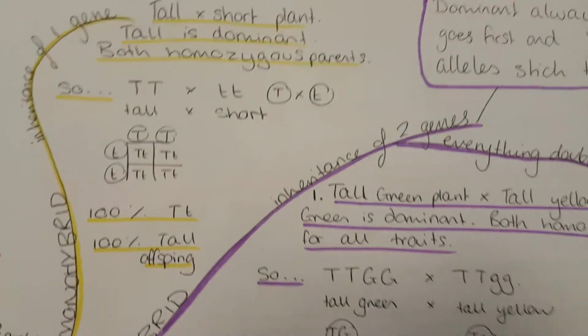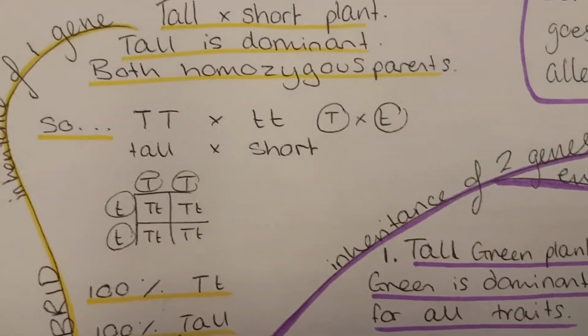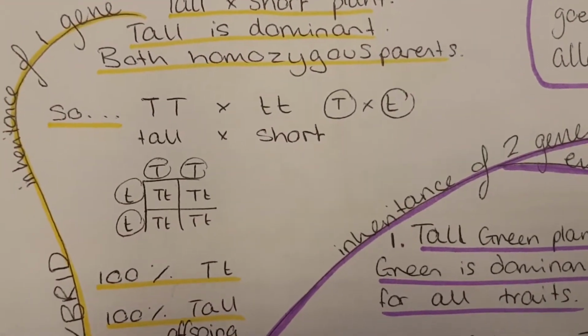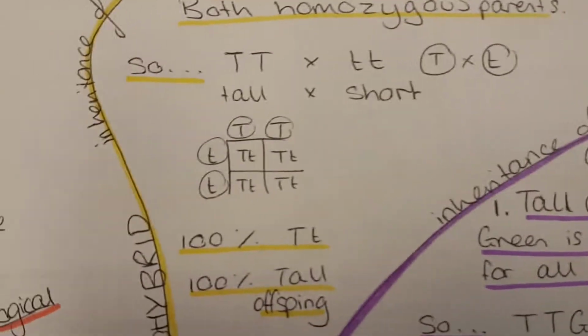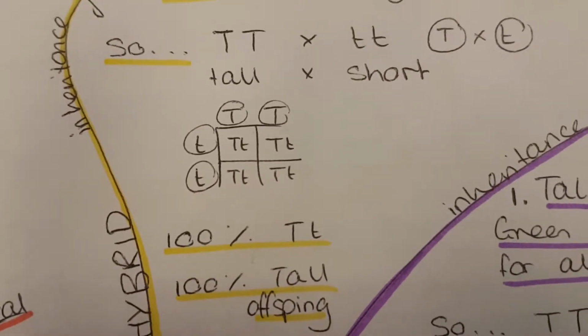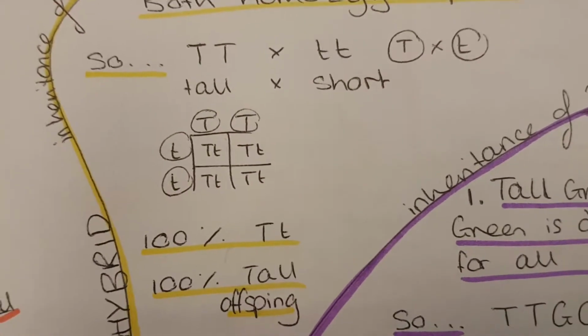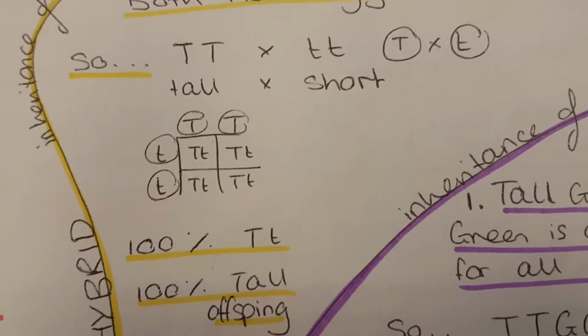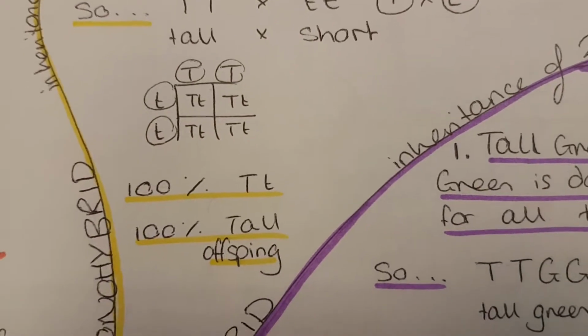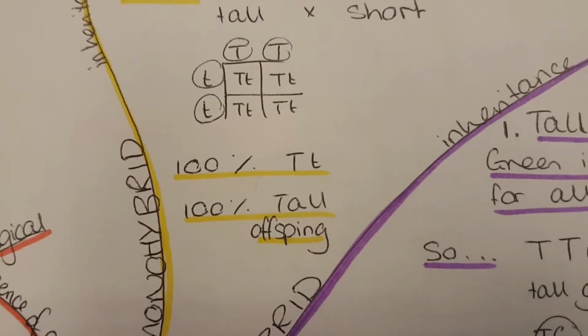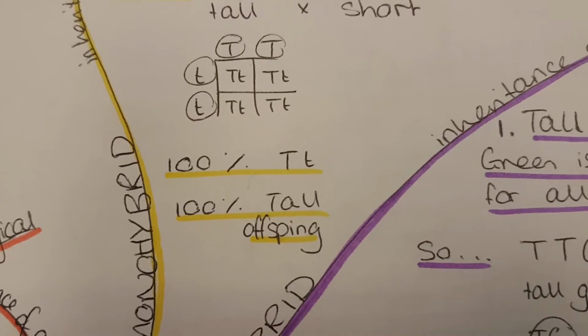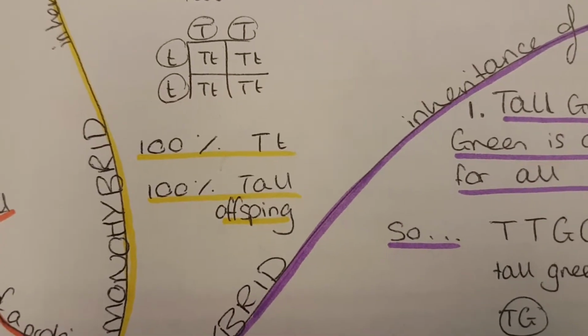gametes. Oops, sorry, just dropped my phone a little bit. And the one on the right, the short one, can only produce small t gametes. So again, we do our little Punnett square. You could have just done this 1 by 1 square, but I always like to do them 2 by 2. I don't know why, it's just like a habit. And that means 100% of the offspring will be heterozygous tall. Can you see that? So I've got the genotype there, 100% big T, little t, and the phenotype, 100% tall